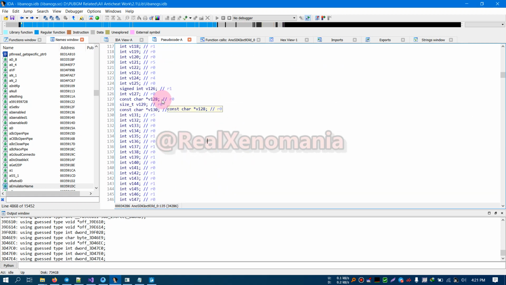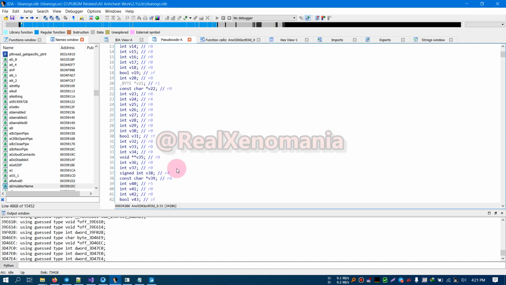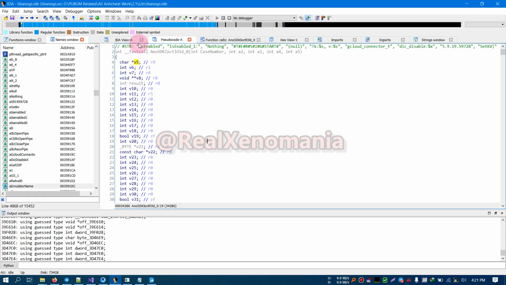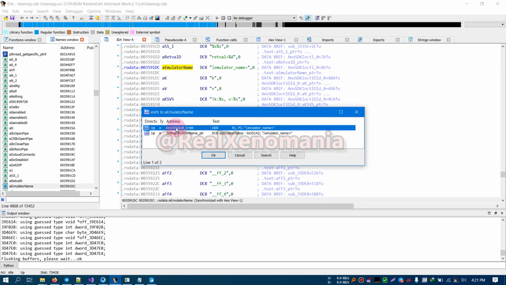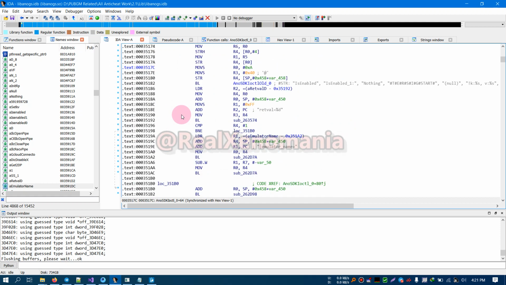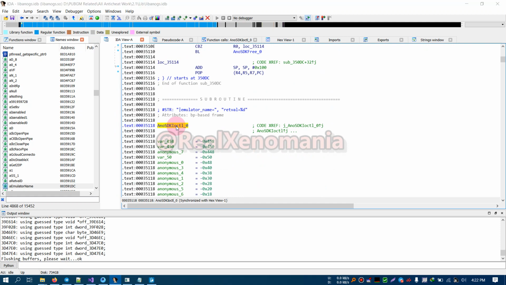Go up. So v5 is a dereference of R9, on register 9. It could be from the previous function. What I mean is this. Let me show you. When we reach here, and we reach here again,